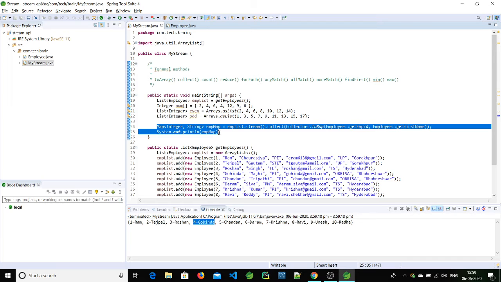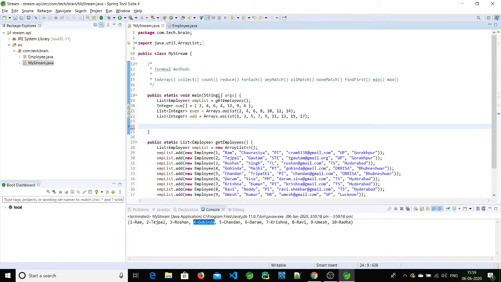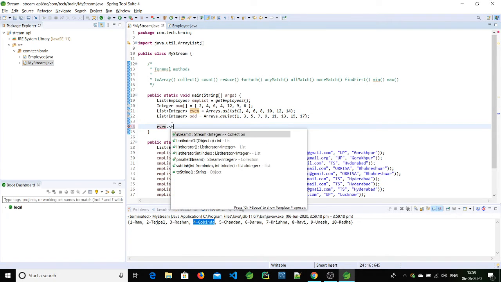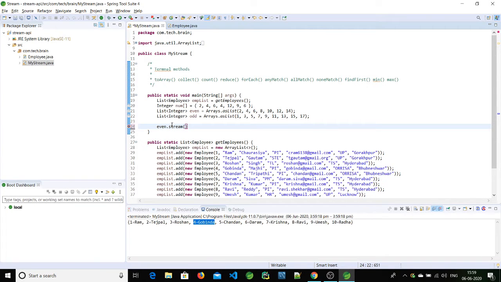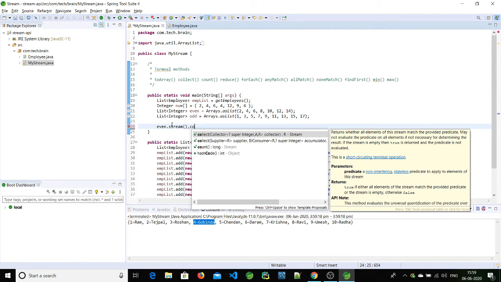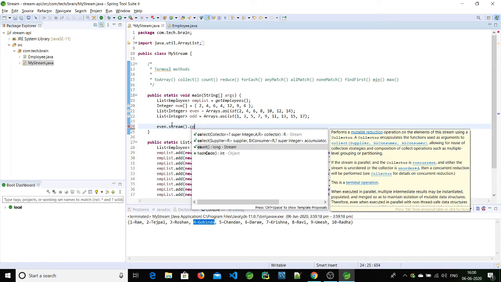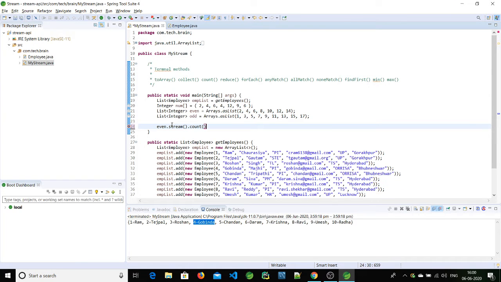So now let's see the third method, that is count. I'm going to use this even one. For that, even.stream().count(). Count will count how many numbers are there in this.